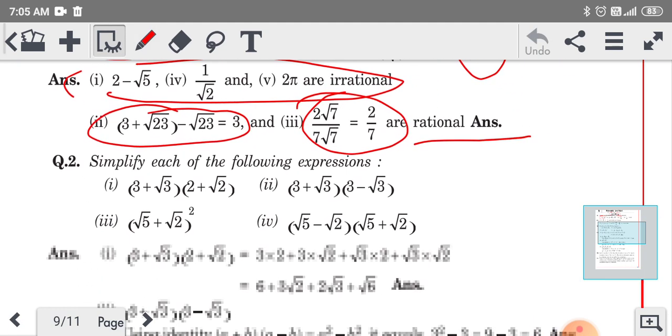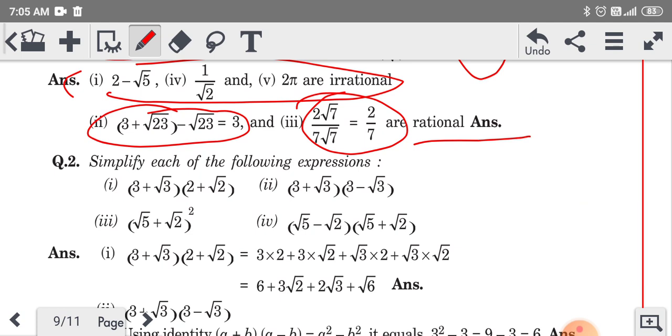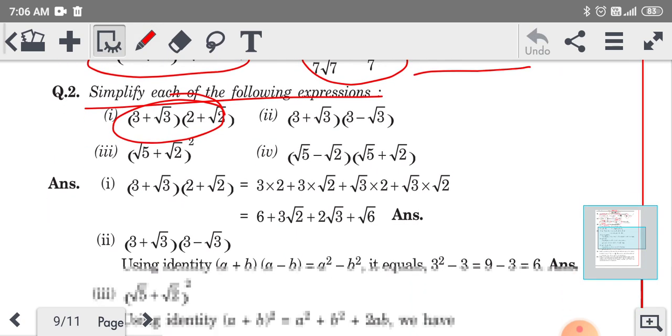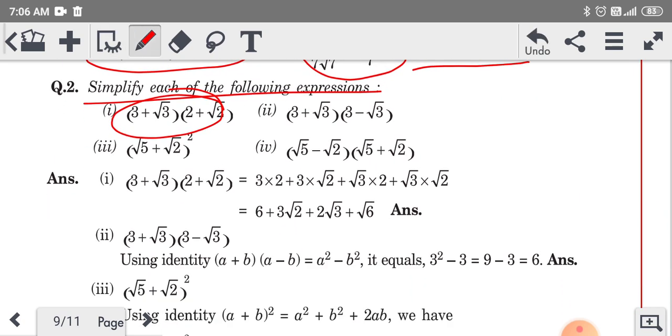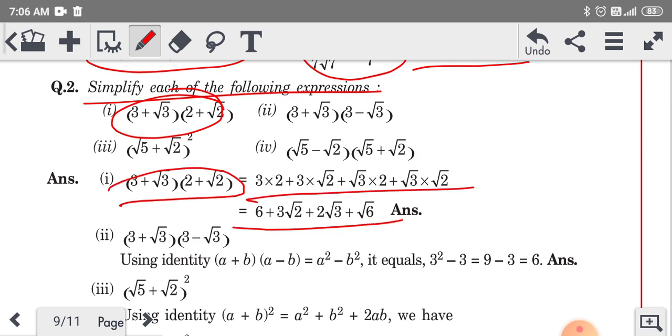सेकंड कहते सिंप्लीफाई ईच ऑफ द फॉलोइंग एक्सप्रेशंस. तो क्या करना है, सिंप्लीफाई करना है. तो पहला क्या है 3 प्लस अंडर रूट 3. तो इसको सिंप्लीफाई करना है. तो सिंप्लीफाई करने के लिए सबसे फर्स्ट हमने किया क्या, दैट इज इक्वल टू 3 प्लस इसको लिया मल्टीप्लाई किया है. so मल्टीप्लाई करने पे 6 प्लस अंडर रूट 3 अंडर रूट 2 प्लस 2 अंडर रूट 3 प्लस अंडर